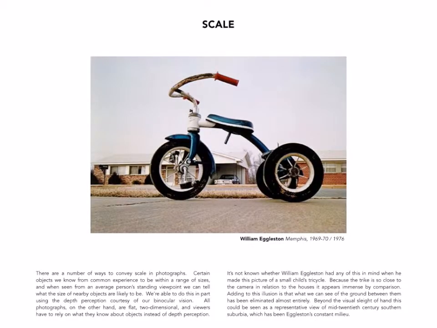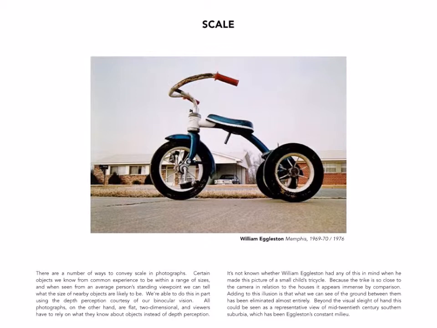Scale. There are a number of ways to convey scale in photographs. Certain objects we know from common experience to be within a range of sizes, and when seen from an average person's standing viewpoint, we can tell what the size of nearby objects are likely to be. We are able to do this in part using the depth perception courtesy of our binocular vision. All photographs, on the other hand, are flat, two-dimensional, and viewers have to rely on what they know about objects